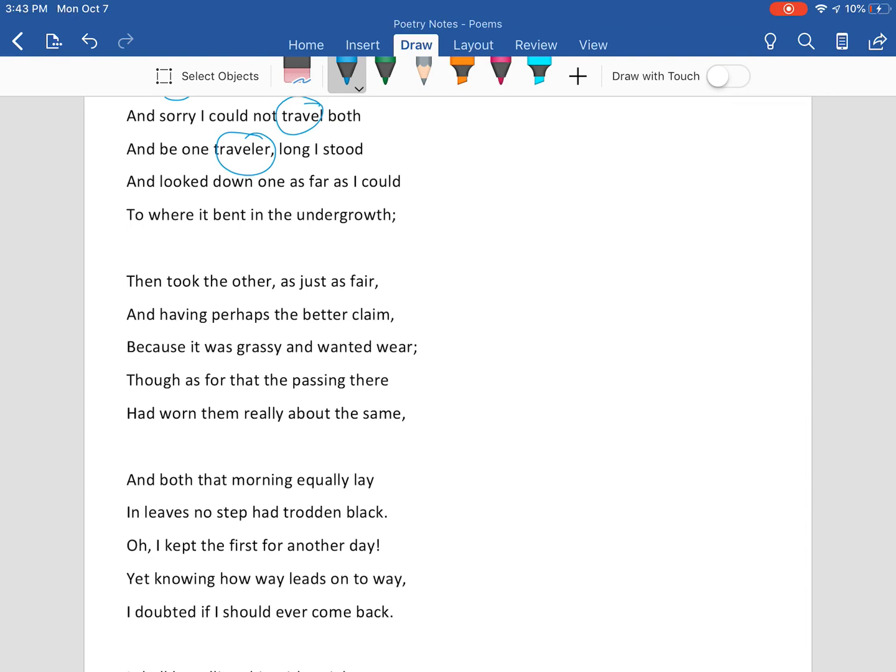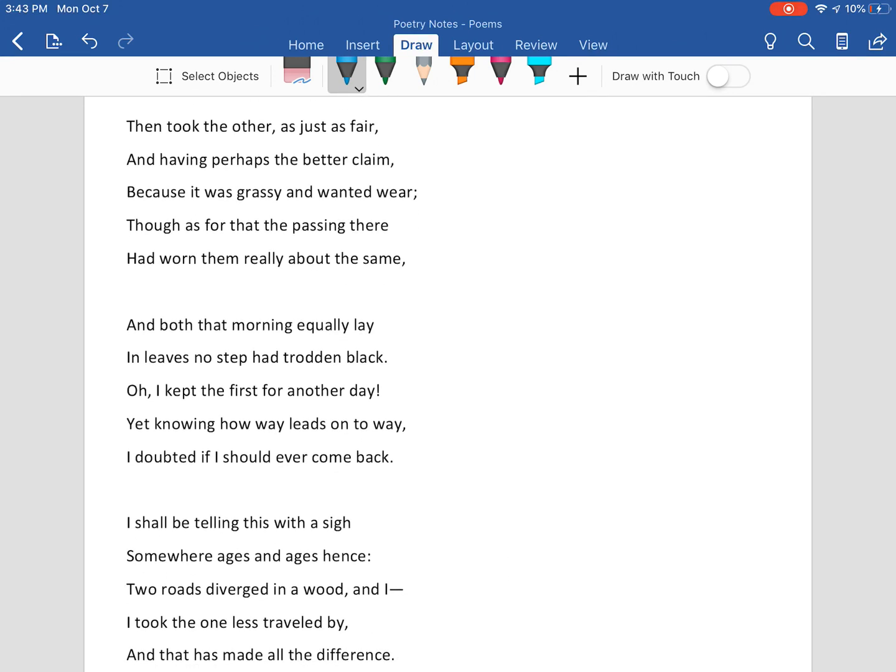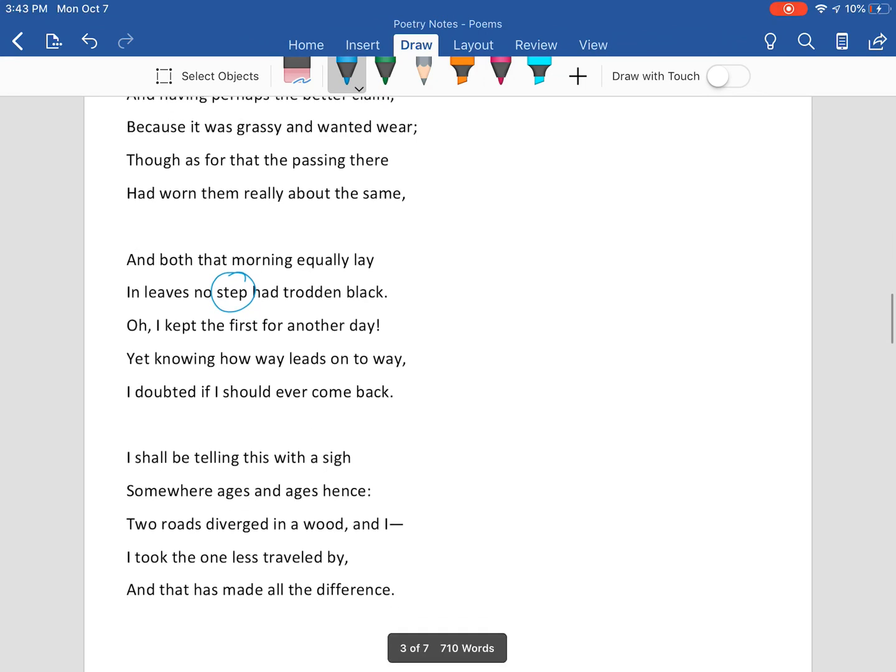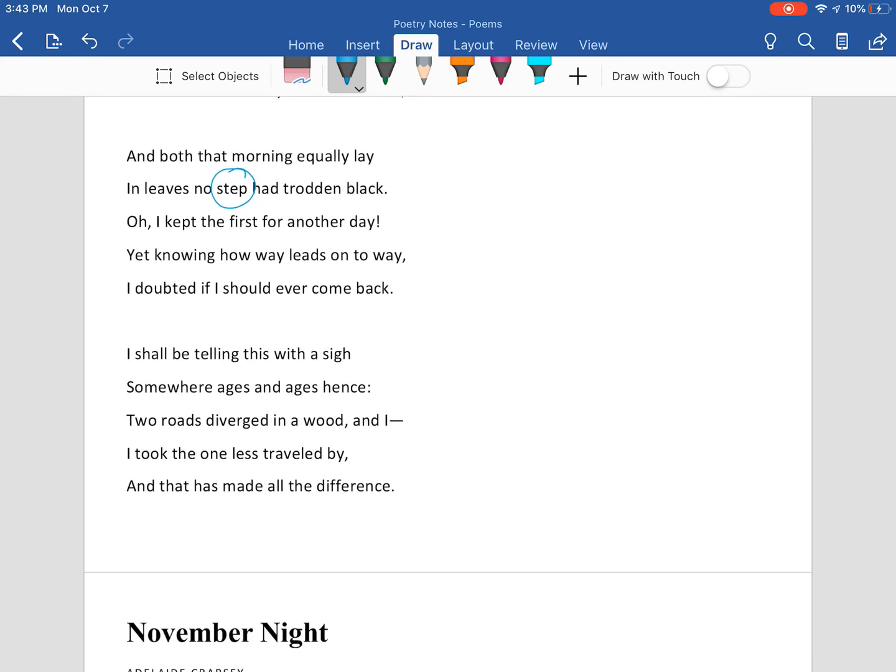Though as for that the passing there had worn them really about the same. And both that morning equally lay in leaves no step had trodden black. Steps would be about a road. Oh, I kept the first for another day. Yet knowing how way leads on to way, I doubted if I should ever come back. I shall be telling this with a sigh somewhere ages and ages hence. Two roads diverged in a wood, and I took the one less traveled by, and that has made all the